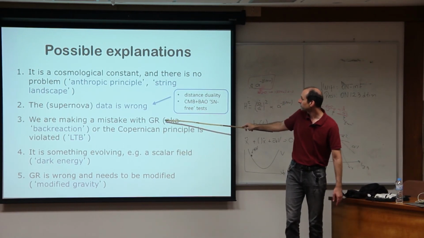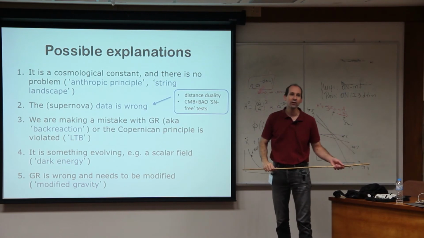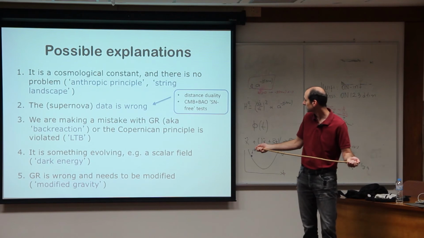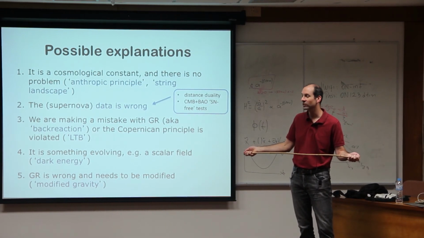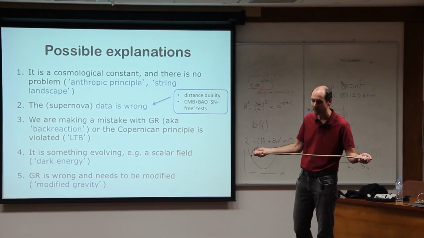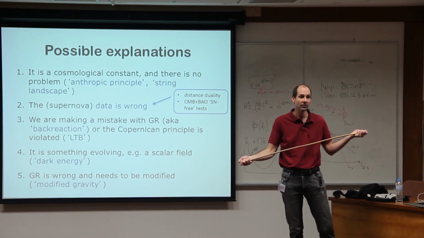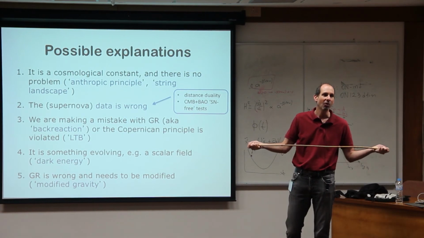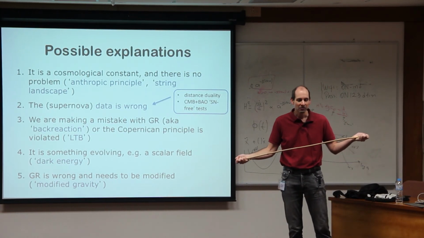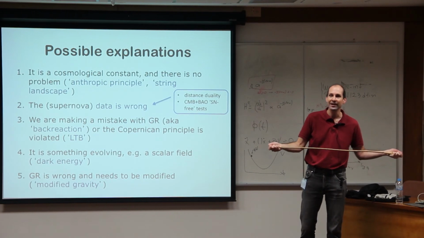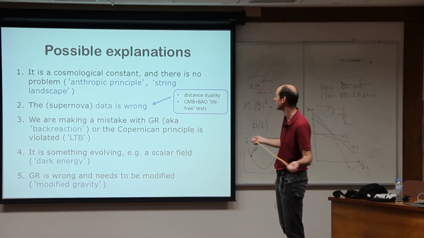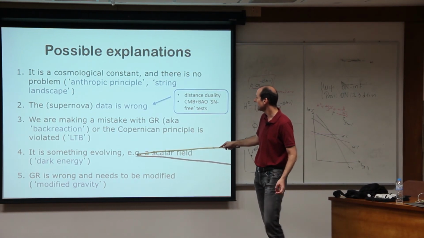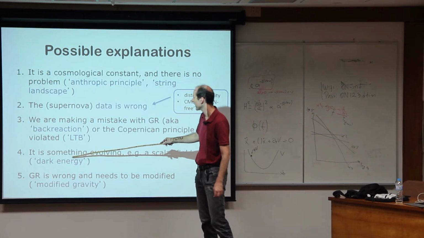And then it could be that we misunderstand GR, because GR is a nonlinear theory. In addition, for our model we have been using the cosmological principle, and so it could be that either we live in a special place in the universe, or we wrongly use GR, and the non-linearity in GR is much more important than we think. I will quickly discuss this first tomorrow, and then the other alternatives are that there is